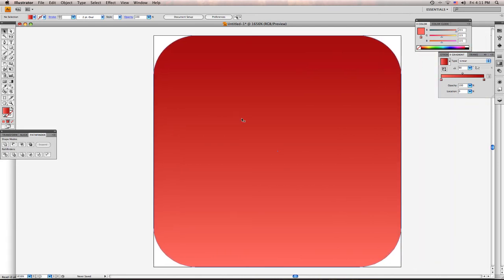Hey guys, today what I'm going to show you is my new method for creating the Web 2.0 glossy glass icons and social media buttons, kind of like the ones that you see with Twitter and Facebook and Digg and all the other major social networking sites. What you'll first want to do is open Illustrator in a 57 pixel by 57 pixel document with